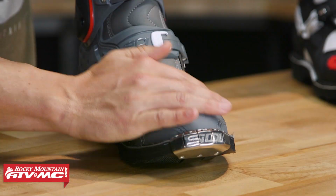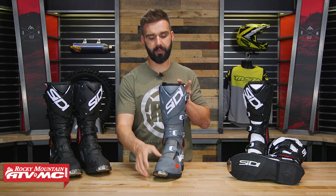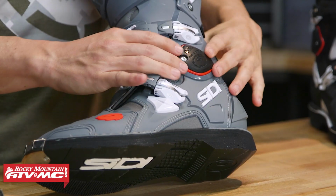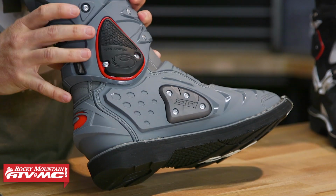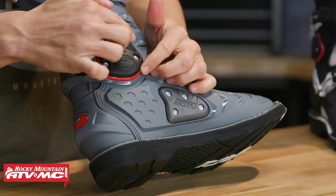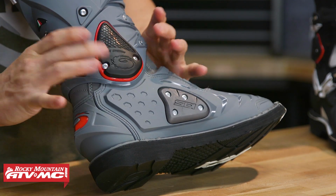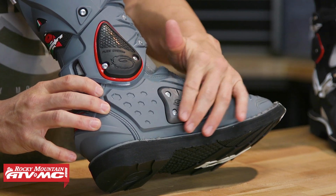and here's why. You've got that hard toe box. You've got a very large hard plastic shim plate, but if you look at the outside here, you're going to notice you've got this hard protector here on the outside of the ankle. That's going to be your hinge. You've also, on the inside here, you've got this hard plastic protector on the inside of the ankle. Again, so dual pivoting and pivots on the inside and the outside. Also, you can see right here, they have a Kickstarter / foot peg guard on the inside of the boot